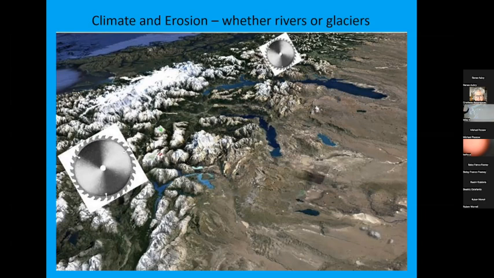And so the second way climate really impacts erosion is because when it gets cold enough, it snows. And when it snows, you get glaciers. And eventually they become big enough that here in Patagonia, during an ice age, you get even an ice sheet. And the ice sheet causes a lot of erosion. In the Alps also, mountain glaciers erode them.